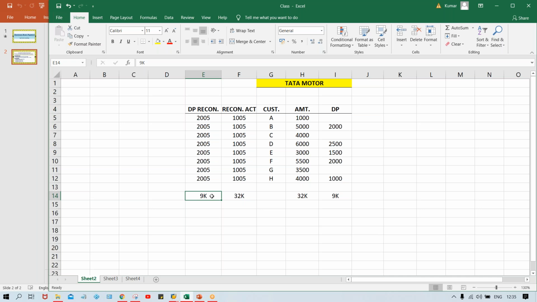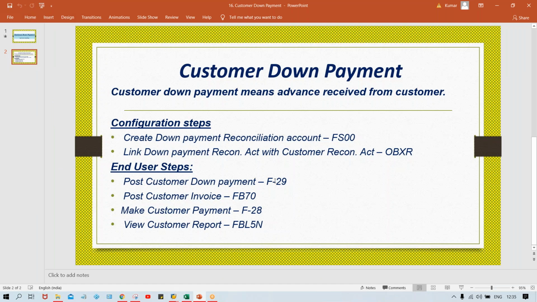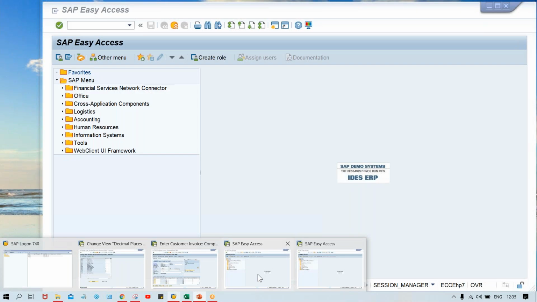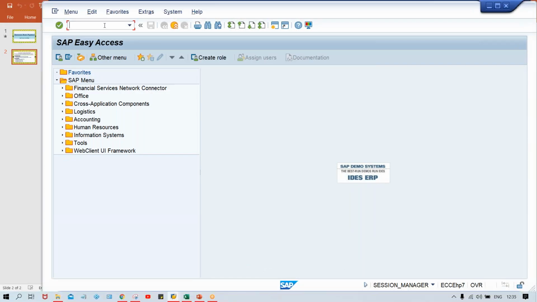So this is the logic behind the creation of the reconciliation account, guys. And link this down payment reconciliation account with the customer reconciliation account. I told you guys that this is not going to be assigned against the customer master directly. So we have to link this reconciliation account with your customer reconciliation account. First of all, I'll have to set up this reconciliation account. Use transaction code FS00,